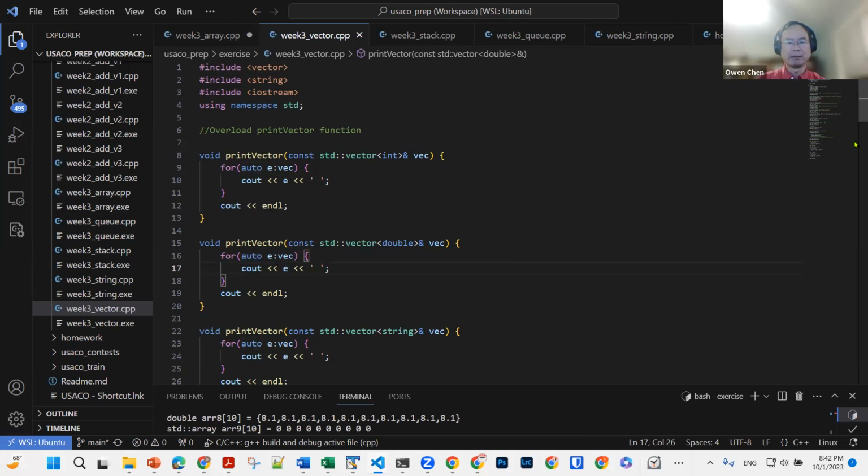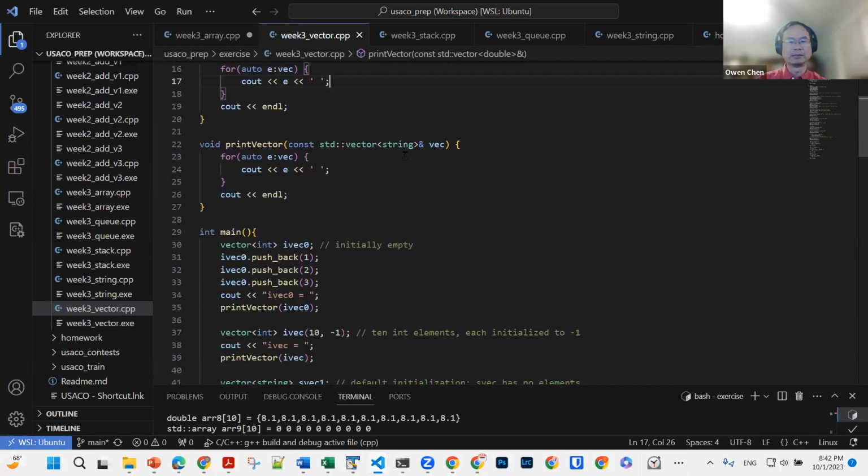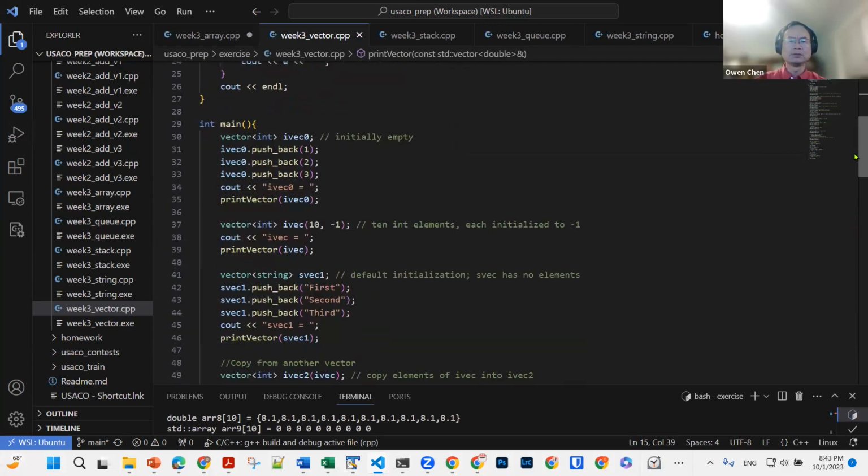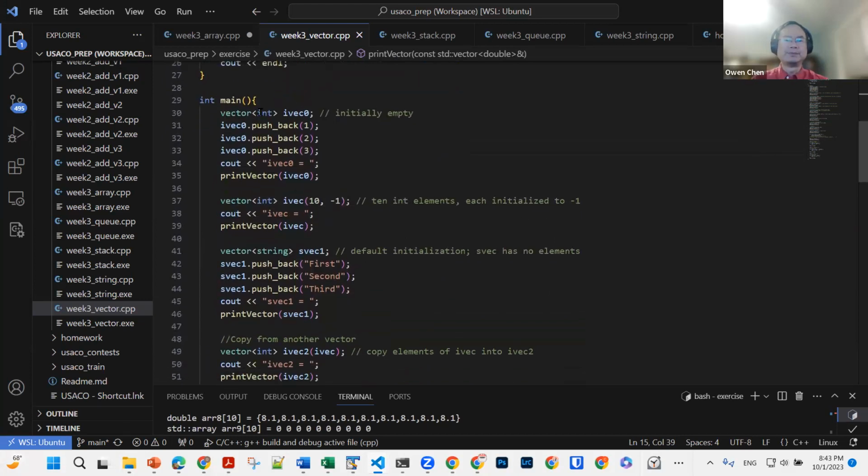Okay. Or to say another overload type, this print vector can handle a vector of strings as well, right? So for each element, again, we use auto, so it can handle the string. So we overload this print vector three times: one handles integer, one handles double, one handles string. So when you call build initialize integer vector, you push it 3 times, and then you can call